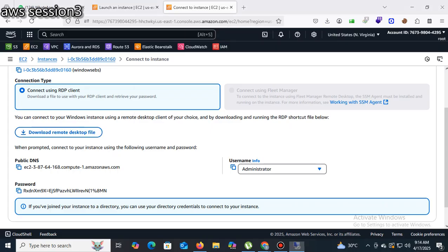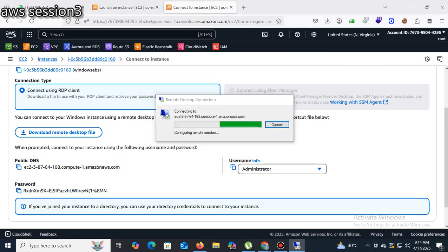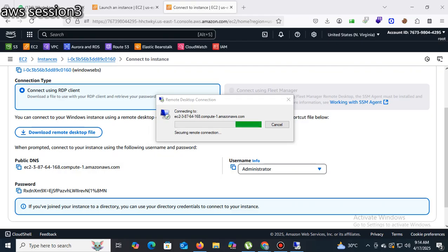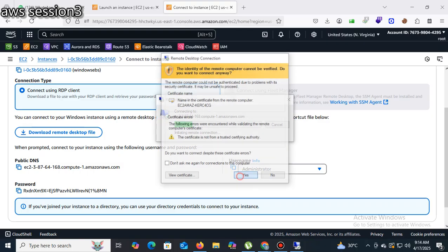Click on the remote desktop file, click connect, paste the password, then OK. Then click on next.